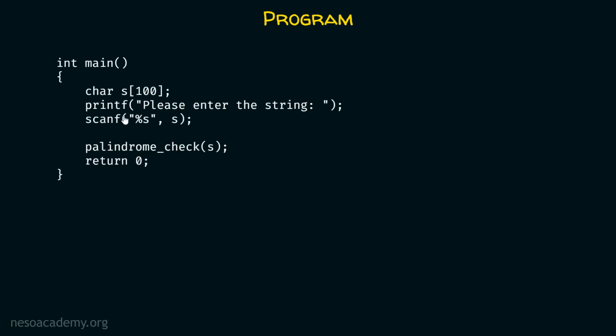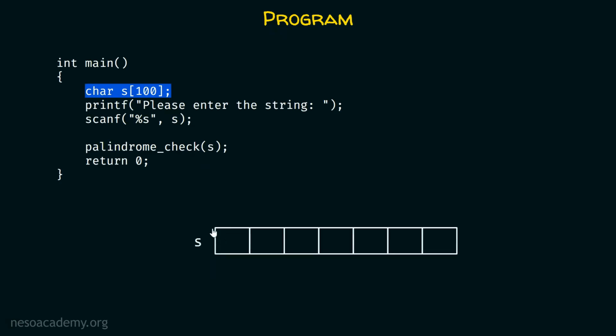In this main function, you can see that we are available with this S. This is nothing but representing an array of characters. And I'm assuming that the maximum size of this array must be 100. Okay. So this is my assumption. And you can see I have declared an array over here. This is the pictorial representation of the array. After this, I'm calling this printf function to print this message on the screen. Please enter the string. I want to store the whole string in this array.